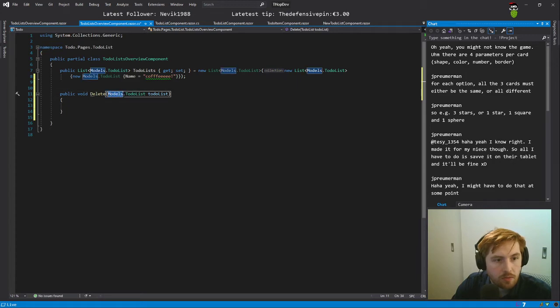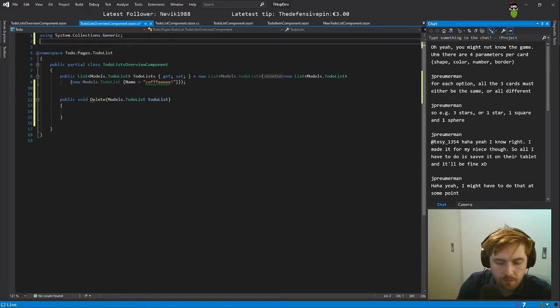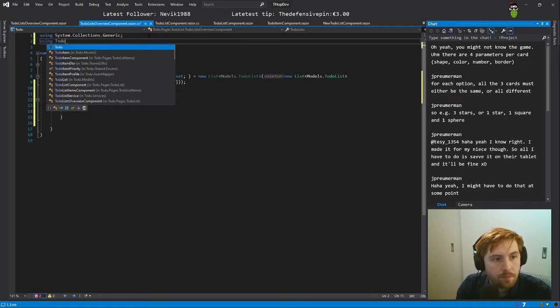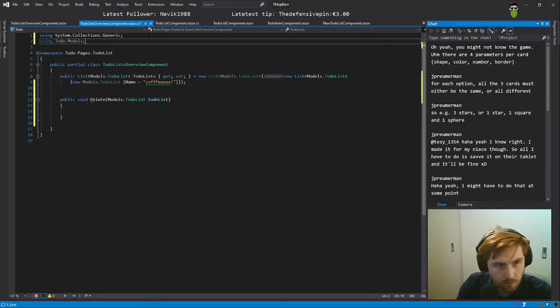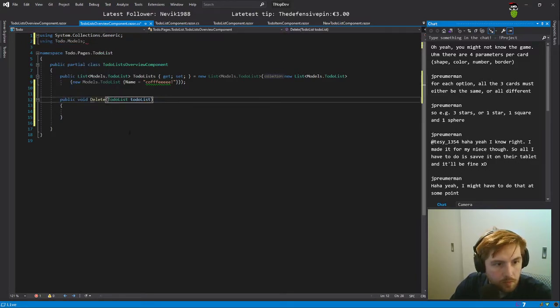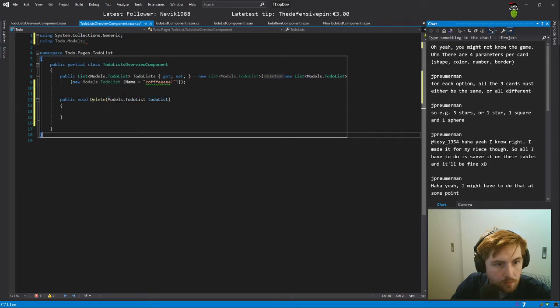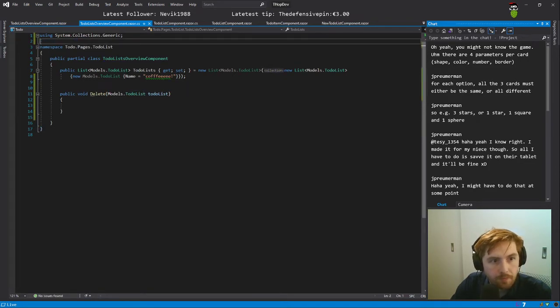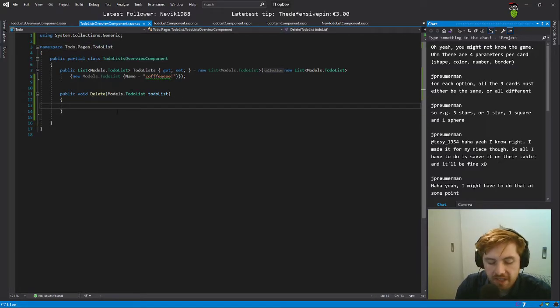Can we do? Nope. Maybe because the namespace is called to-do list. I believe that makes it a problem. But that's fine. And for now, let's do the to-do list